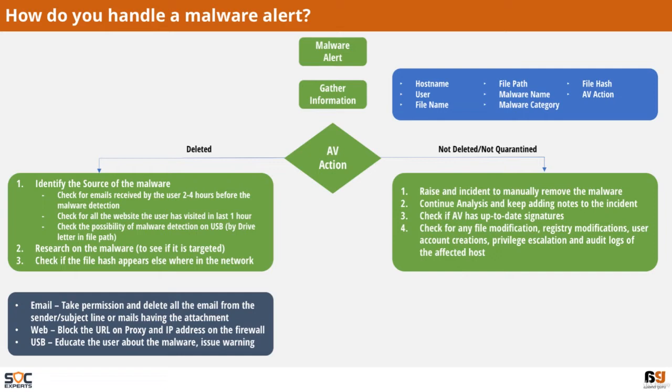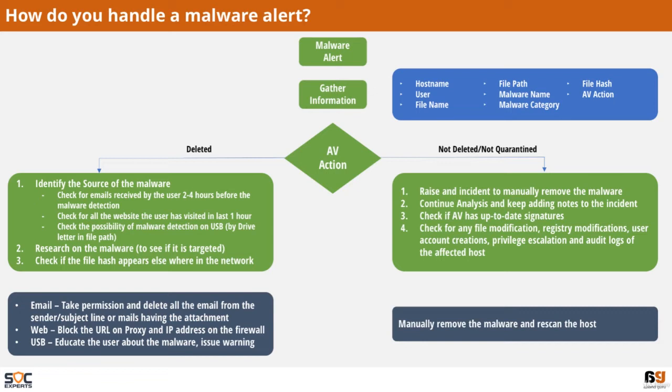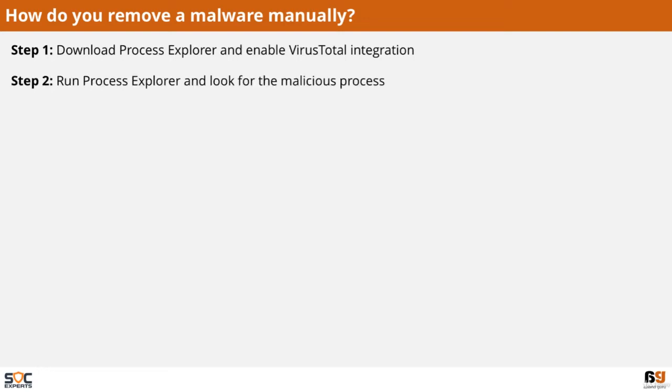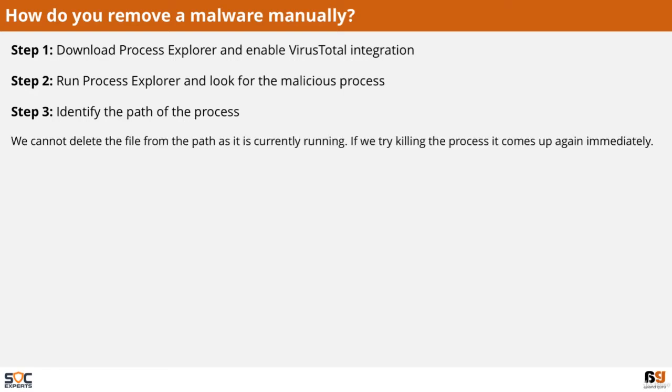In this kind of incident where the malware is detected and not deleted, the remediation would be to manually remove the malware and rescan the host. A follow-up question will be, how do you remove a malware manually? We will download Process Explorer and enable VirusTotal integration in it. We run Process Explorer and look for the malicious process, identify the path of the process, and then the ideal thing is to kill the process and delete the